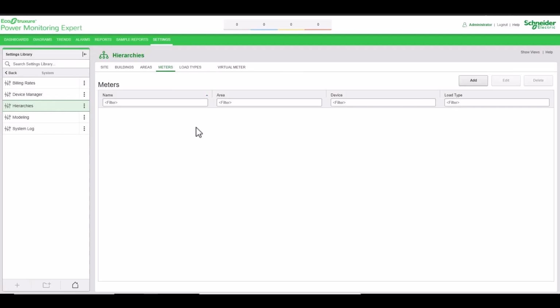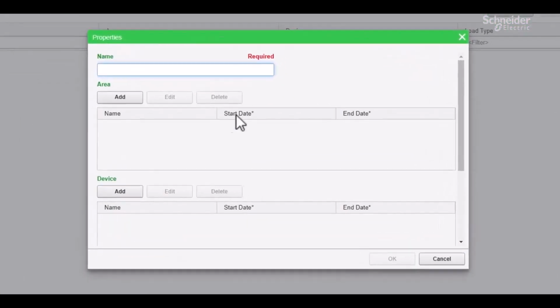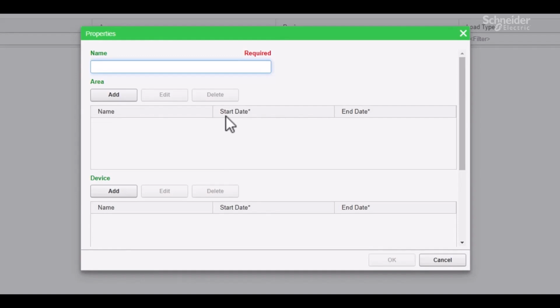Now we will click on the Meters tab. Similar to previous sections, we are going to click Add and must define the label, area, and meter properties. Our first meter will be labeled as Bottling Meter 1 and we will click Add and associate this with Building A Floor 1's area node and then click OK.